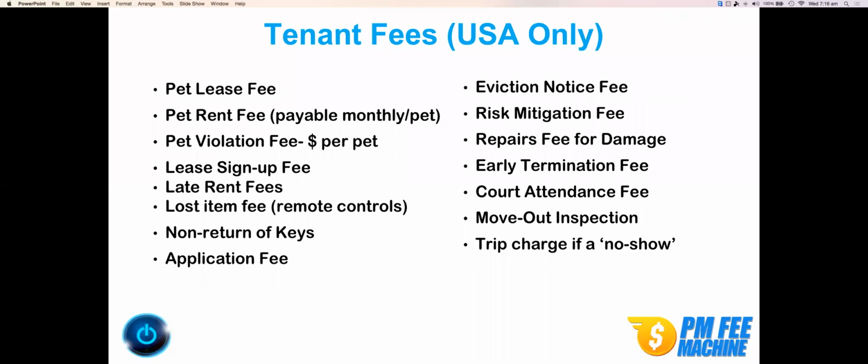Now, of course, for our USA people in the room today, and so sad, too bad to our Australians, I should say, and our New Zealanders, our respective governments have deemed the tenant to be a protected species, and therefore we are unable to legally charge a tenant in any way, shape or form, any tenant fees. So we can only look on and see our friends in the United States with the typical tenant fees that